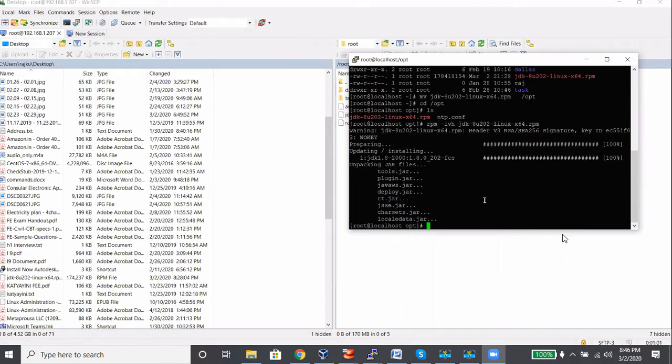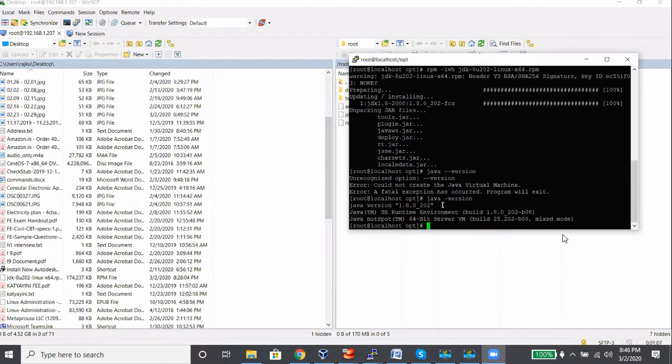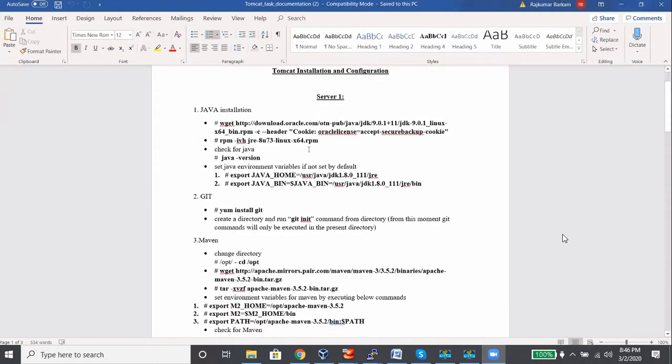Now when you check java -version, you see it came. Still we have not set the environment path, right? So let's set the Java environments.